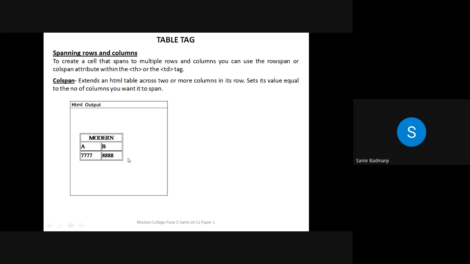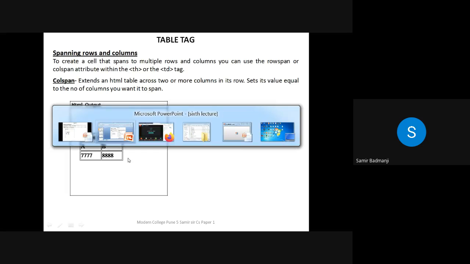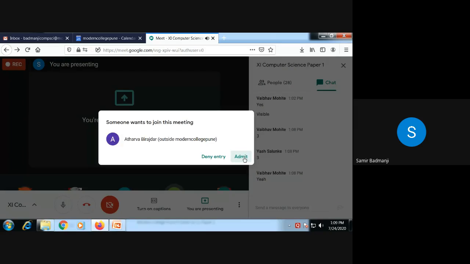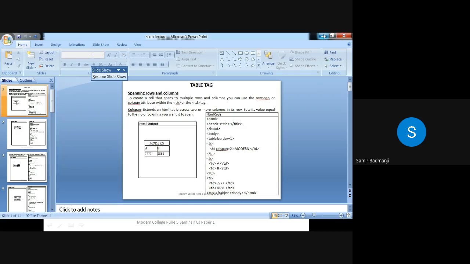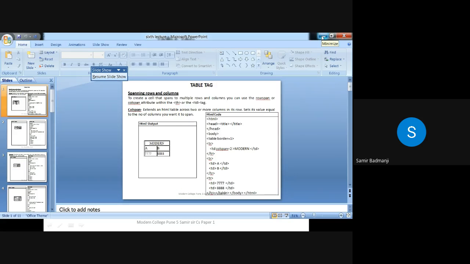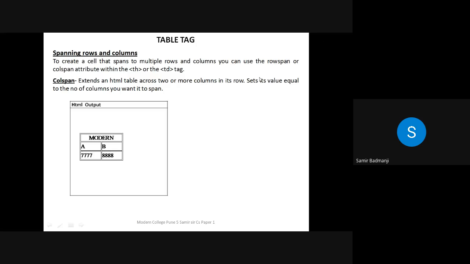Below this row, two columns are there. So that is why here we are using the colspan attribute. So I will show you how to use that, because such type of questions will be asked in question number 5 for 5 marks, and it will be a combination of colspan and rowspan.